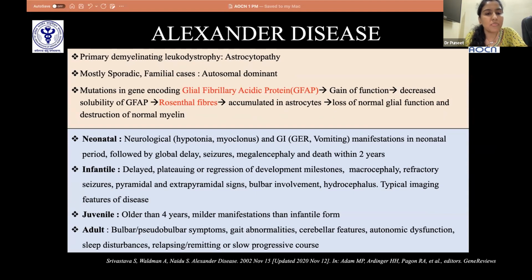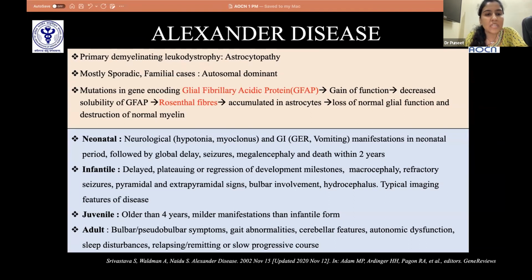So we have 4 types of phenotypes of Alexander disease. The first is the neonatal form. So within the 30 days of birth, the child may be hypotonic, and there can be features of hyperexcitability in the form of myoclonus, along with some gastrointestinal manifestations in the form of GER or vomiting. This will further lead to global developmental delay, presence of refractory seizures, megalencephaly, and the death usually happens within 2